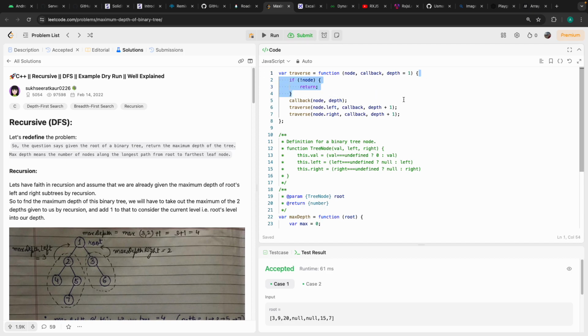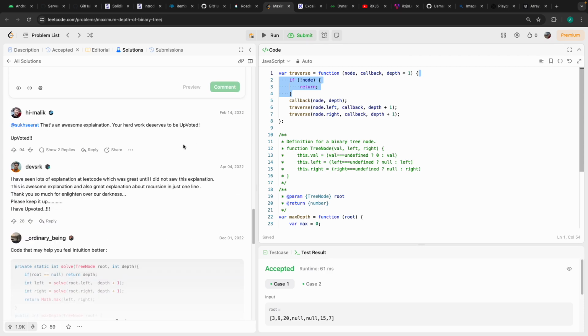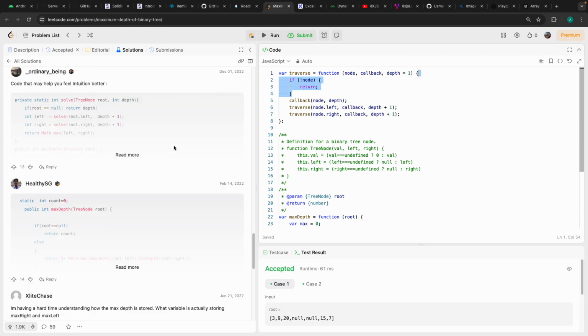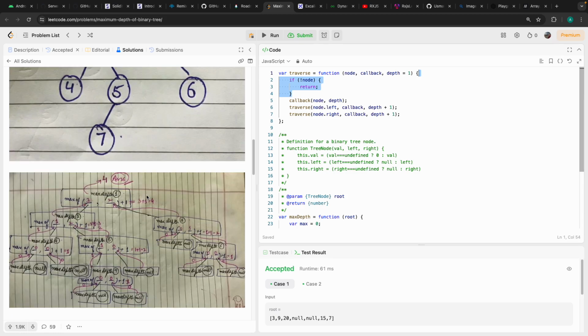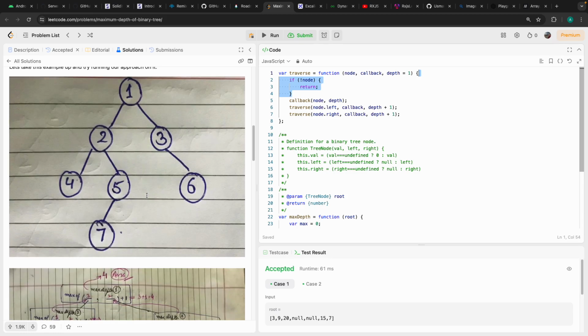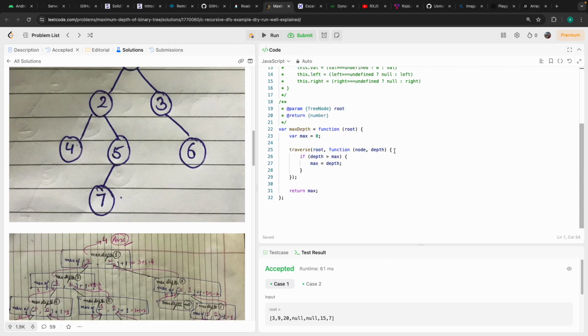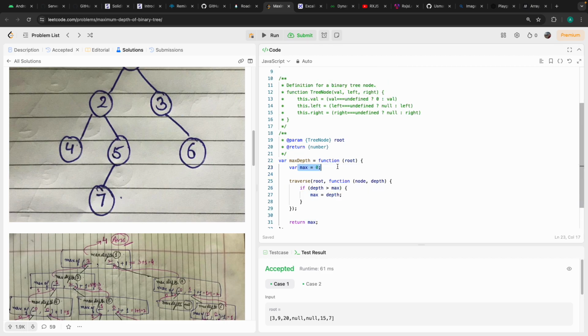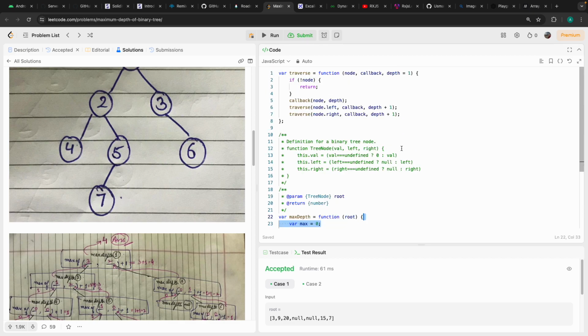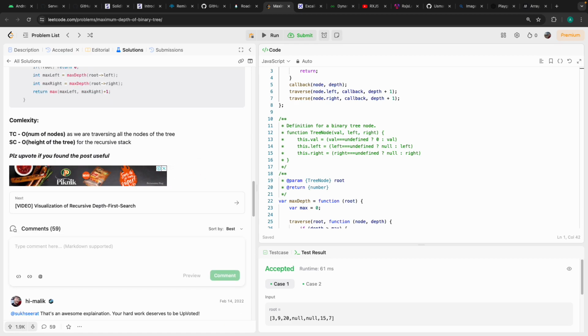So how can we name it, complexity, time complexity is O(n), number of nodes, yes, O(n), and space complexity, do we need additional space? No, we have only one variable. We have depth, two variables, and space complexity is O(1)